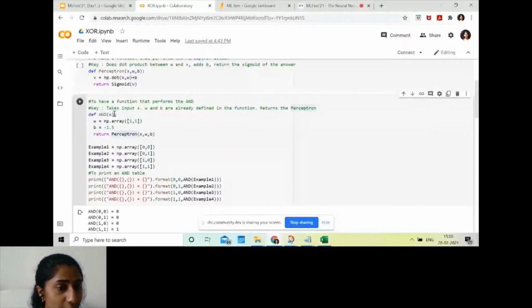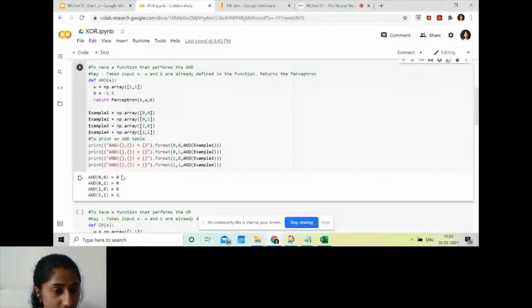When we put in a value for X, for example here, we put in the value as 0, 0. That is our array, and we get the value as 0. So that is our AND function, right? So 0, 0, we should get the output as 0. 0, 1 should be 0, and 1, 0 should be 0, and just 1, 1 should be 1. So the only difference between AND, OR, and also NAND gate is that the W's and the B's are where it differs.